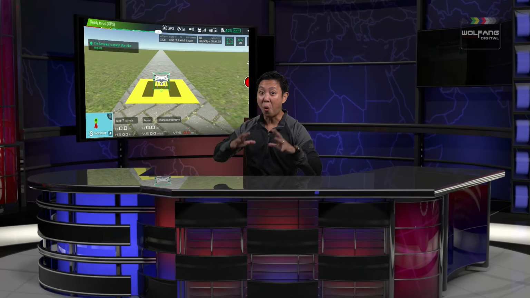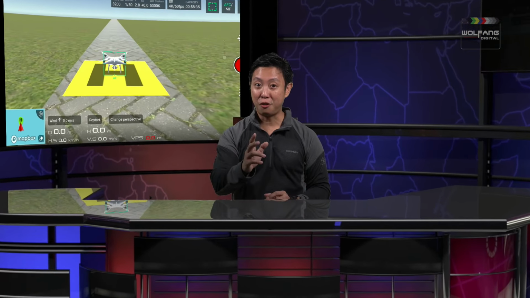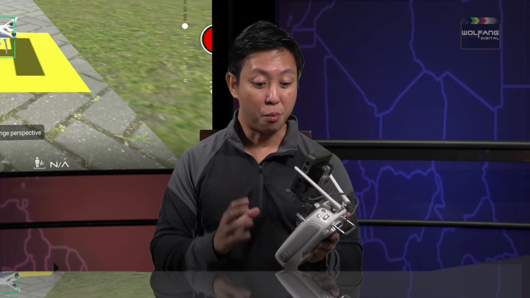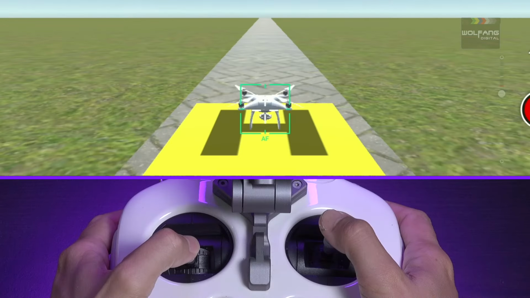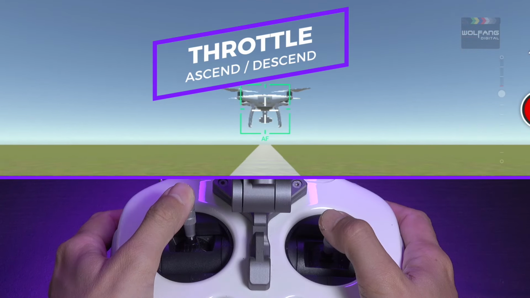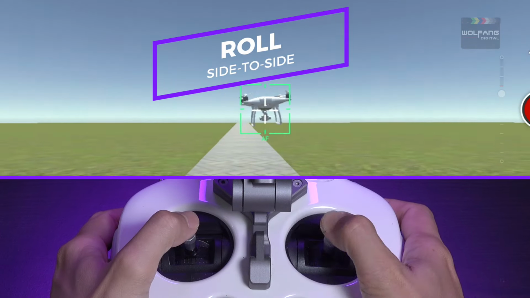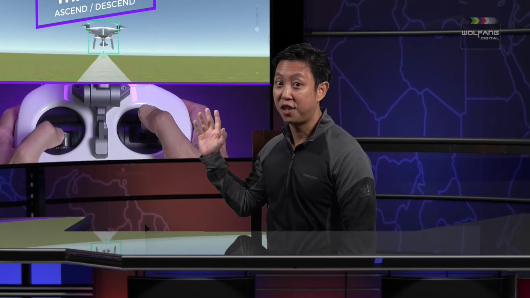cinematic drone shots. To get these awe-inspiring shots, you will have to be familiar with the basic controls to fly your drone. Now, most DJI drones come with a simulator built into their systems to help you practice these controls. They are the throttle, pitch, yaw, and roll. By combining these basic controls, you can get amazing flights such as the ones here.